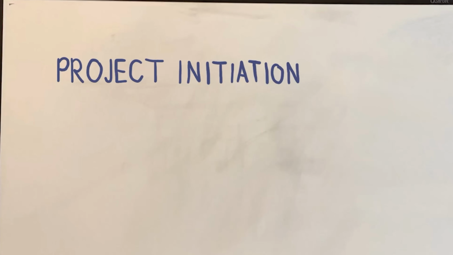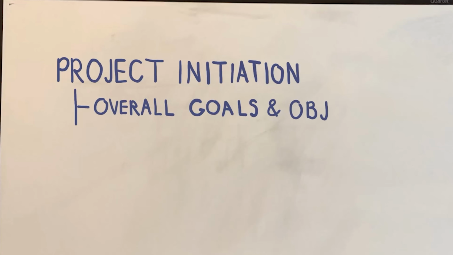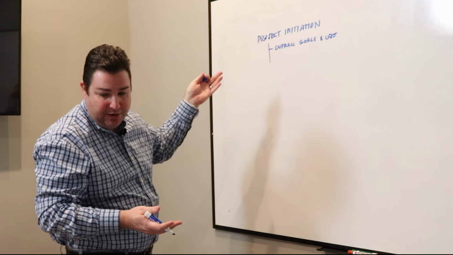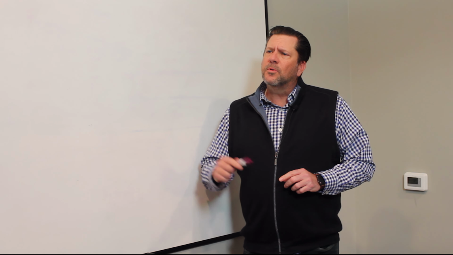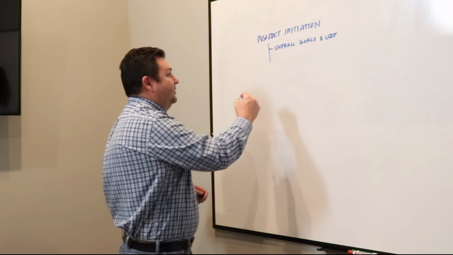All right, so the first tenet of good project management is project initiation. There are several steps involved underneath project initiation. We want to establish what our overall goals and objectives are. We've got a document, and we've got to understand everything that we're trying to achieve. And is that client-driven or is that Netrio's goals and objectives? It's going to be both. So it's a combination, or a hybrid.